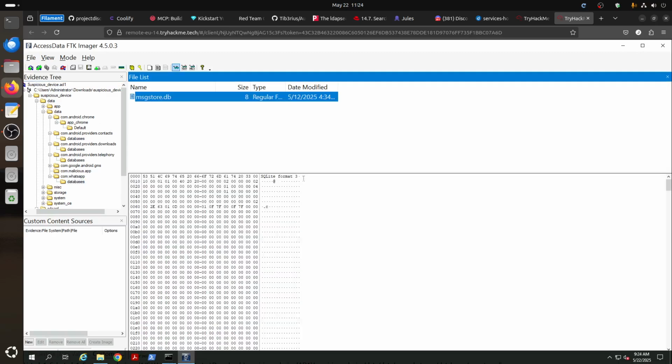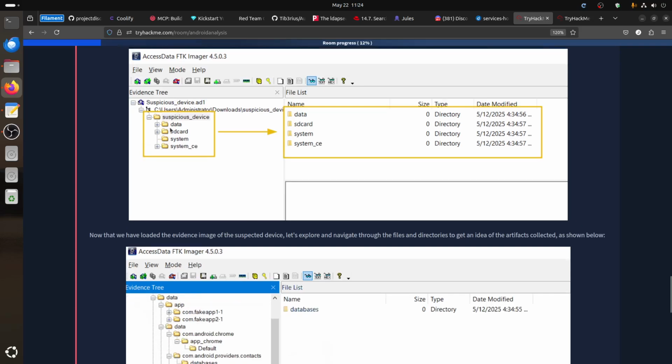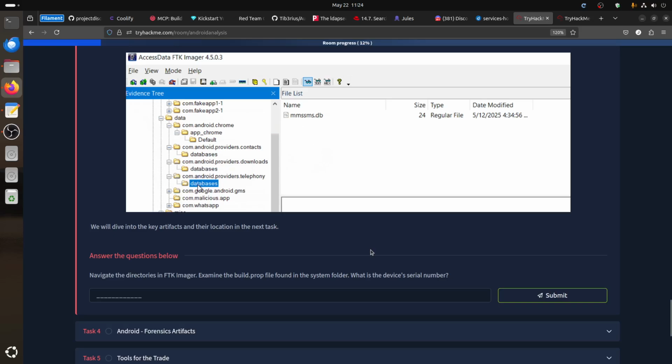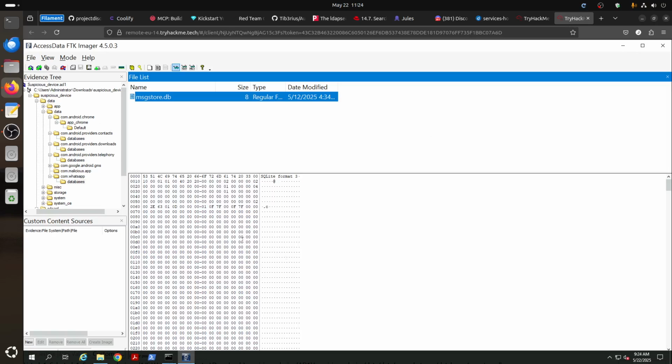We have MS Store. Basically, this is the room also to show you here. If you look, for example, we talk about the data. The structure we have, for example, they bring the database we've been doing now. For example, it said now examine the build prop file found in the system folder. So if we go now to our system folder, this one,